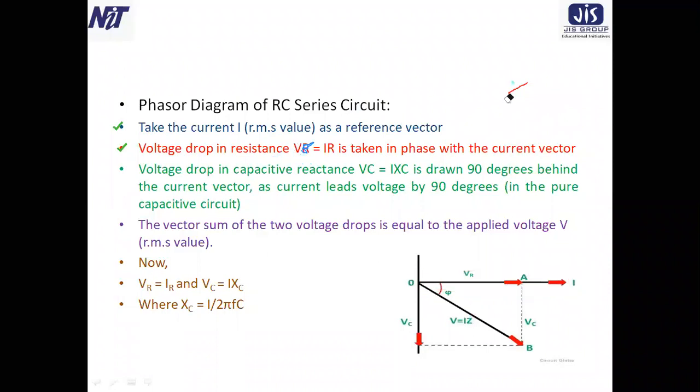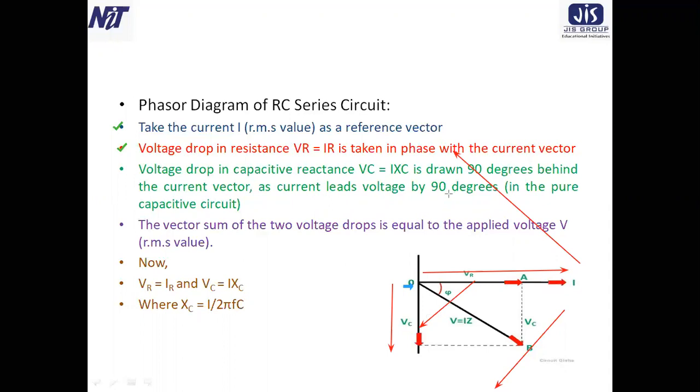So where do we draw it? Take a look. We draw from this position. This is the current vector. This is the voltage drop across C, or you can say the voltage drop across the capacitor, the Vc vector. So it is drawn 90 degrees behind the current vector. So this is actually 90 degrees. Why is it behind? Because we know that this direction is called the clockwise direction and this direction is called the anti-clockwise direction. So if some phasor's position is in the clockwise direction from the reference phasor, we consider that phasor a lagging phasor, or a behind phasor,